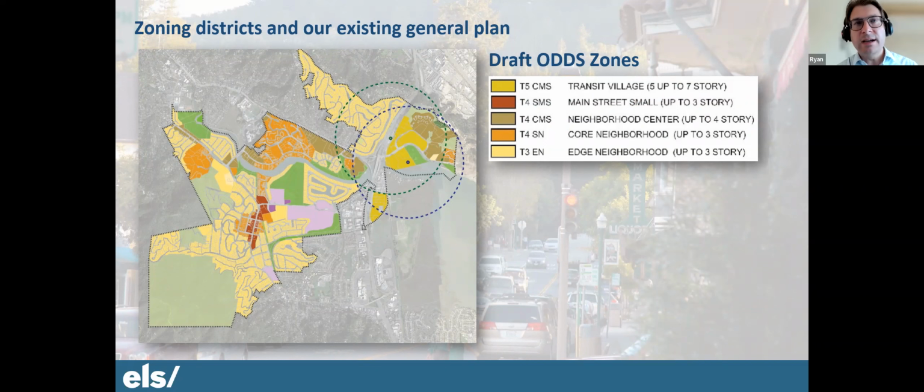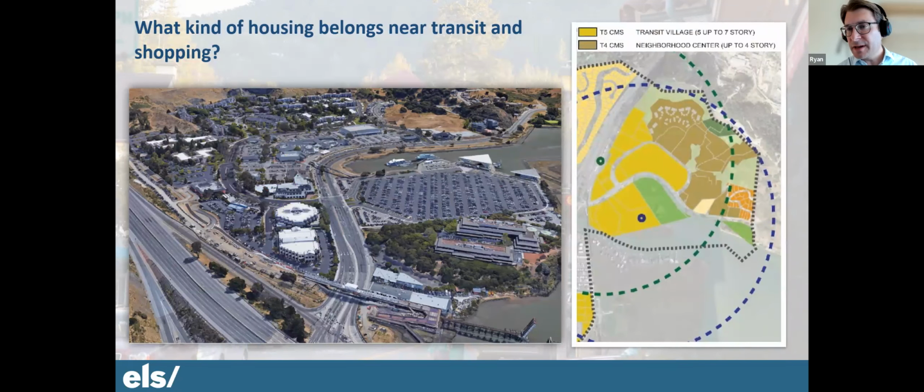Great. Okay, good. Should we dive into specific areas? Are we ready for that? Sure. Okay, excellent. So Larkspur Landing, obviously you have the ferry and the SMART station. This area, which is also somewhat physically detached from the more historic core or main part of Larkspur, has an opportunity to help meet your housing allocations. And it exists in largely a commercial context or a slightly more dense residential context already.